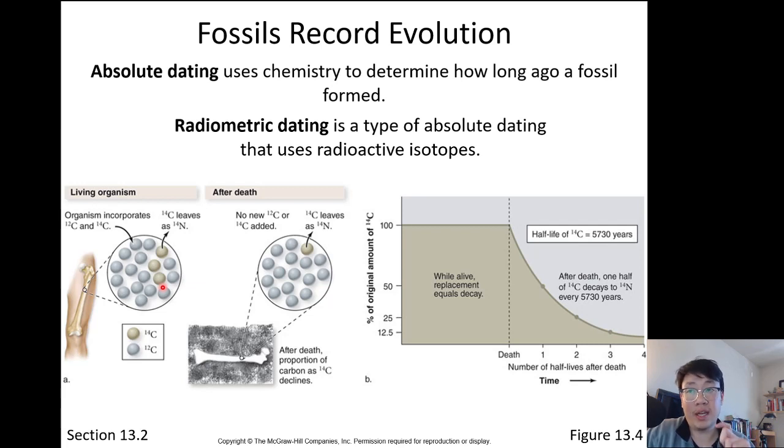Sometimes we'll look at C14. Sometimes we'll look at N14. That just means carbon with 14 neutrons stuck in the center of the atom, or nitrogen with 14 neutrons. Did I say nitrogens? Neutrons, sorry. The 14 represents the number of neutrons stuck in the atom's nucleus.